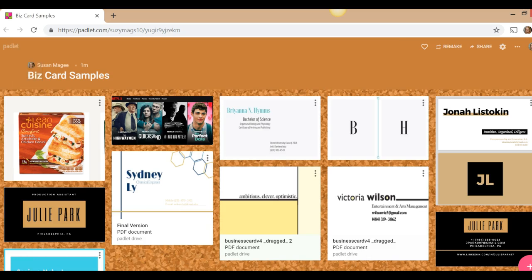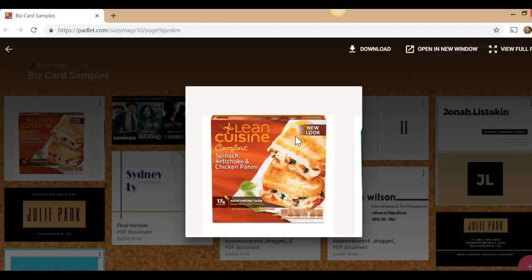I want to go over a couple of things about typology and alignment on your business cards. So I wanted to share this example. This was from Summer in her assignment from week 1, and she revisited it for week 2. This is not the exact example that she used, but it was a Lean Cuisine box with the same kind of type up here. And one of the things that I pointed out to her is, when you look